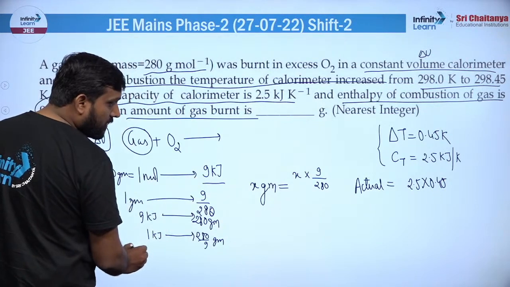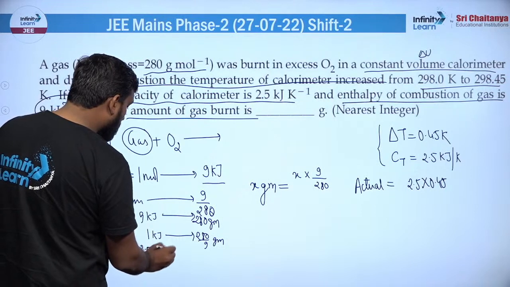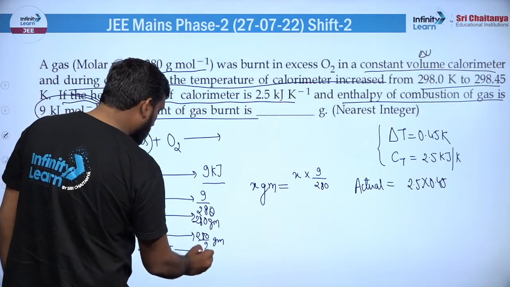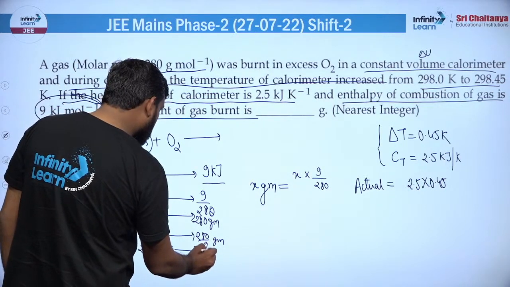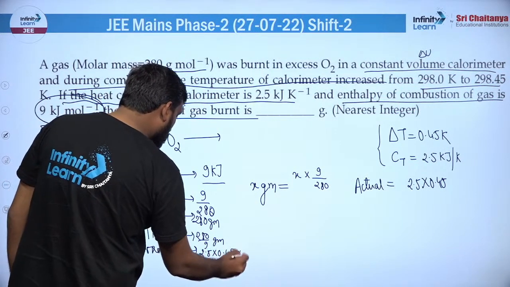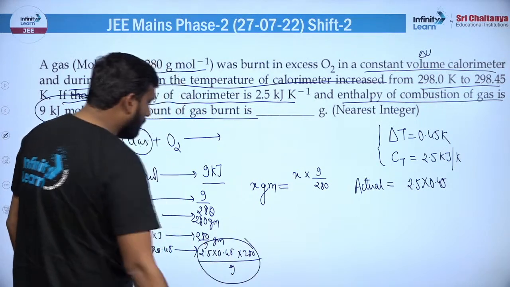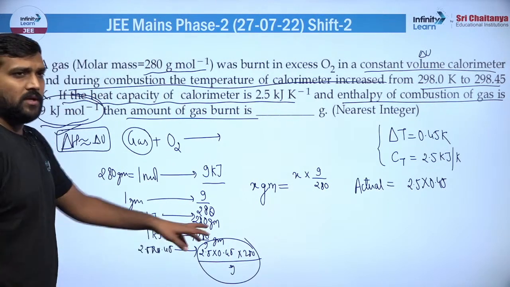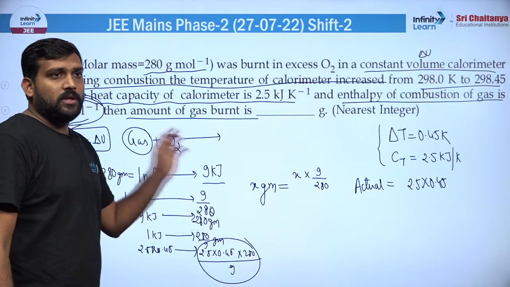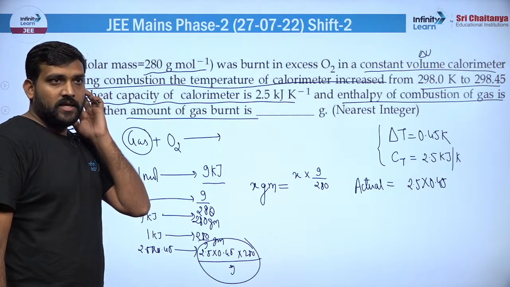तो अगर आप यहां से निकालने जाओगे तो जो एक्चुअल एनर्जी है, एक्चुअल कितनी है 2.5 इंटू कुछ ऐसा है, तो ये कर लो 2.5 इंटू 0.45, तो इसके लिए जो एनर्जी आएगी, इसके लिए जो वेट आएगा वो 2.5 इंटू 0.45 इंटू 280/9 हो जाएगा। तो ये आपका टोटल वेट आ जाएगा जो सवाल में पूछा गया है, ठीक है। करने के बहुत तरीके हैं क्वेश्चन को, ठीक है।